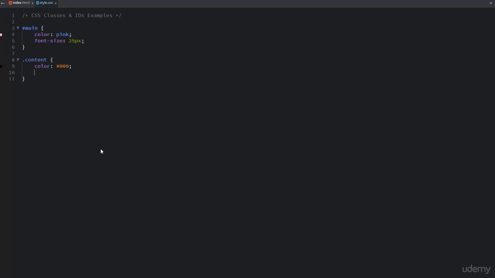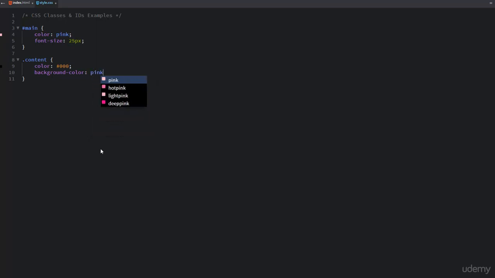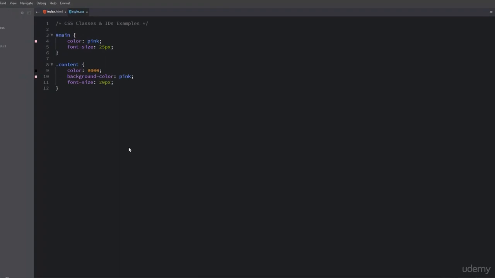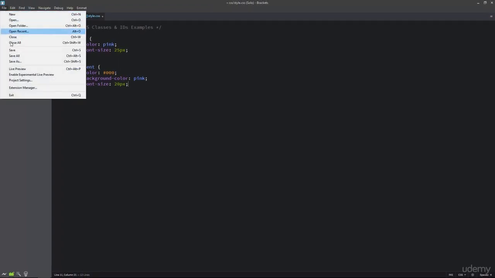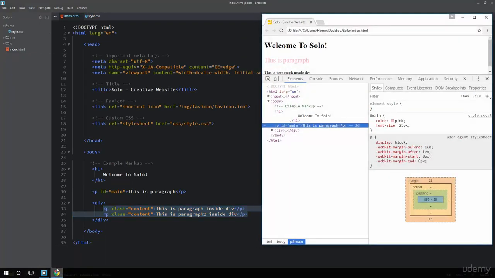Next, I want to set the background color property, and the background for p elements which have the content class should be pink. After that, I want to set the font size, and the value for the font size property should be 20 pixels. I'll go ahead, I'll save these changes, and I'm going to refresh this page.